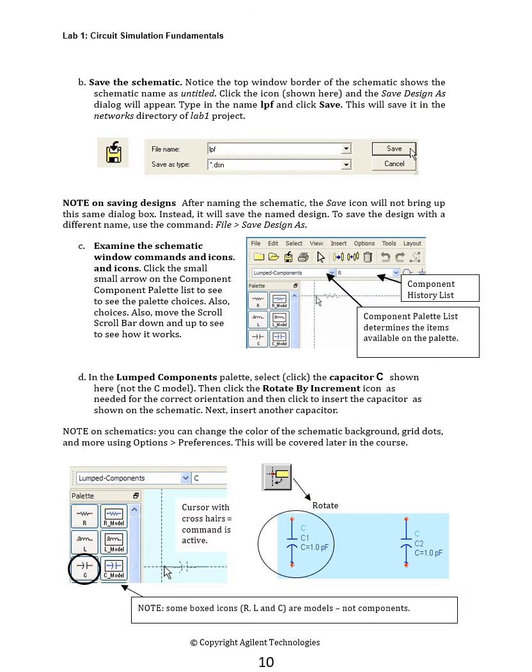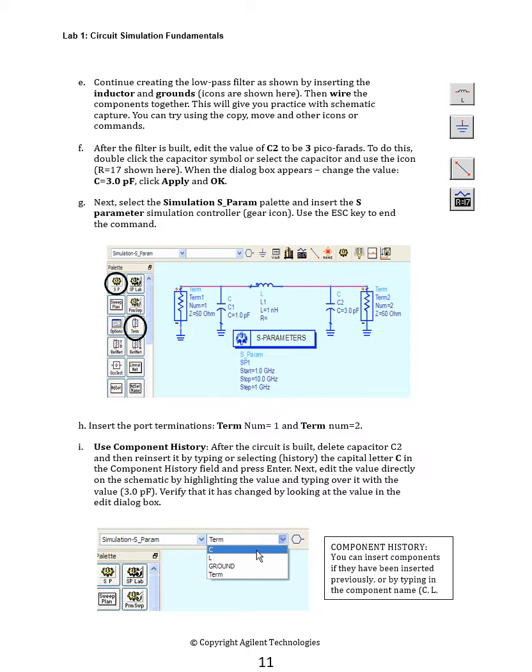Prepare a new schematic for our experiment and use a capacitor with these parameters. Already we have mentioned the parameter, capacitance is 10 picofarad, and prepare an S-parameter setup using these circuits.